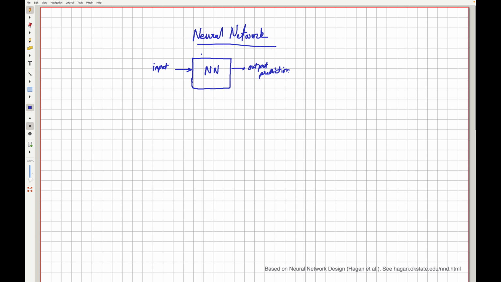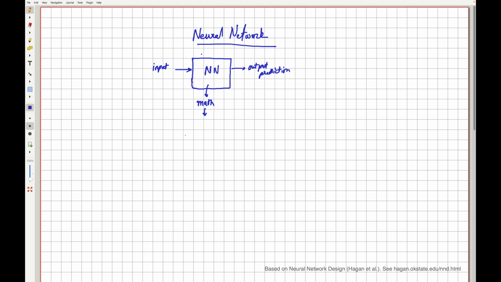And what is inside of this box is the focus of this series. So inside of this box, when we talk about neural networks, there is some level of math in it, and that